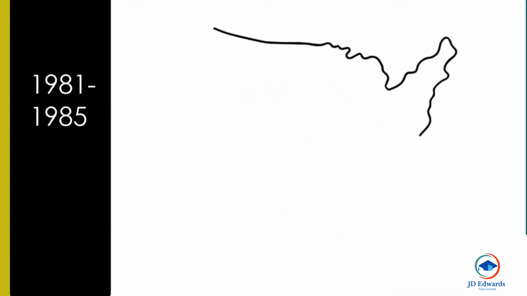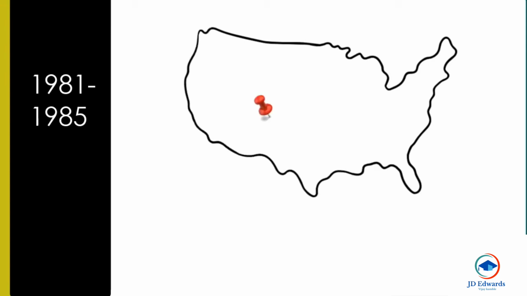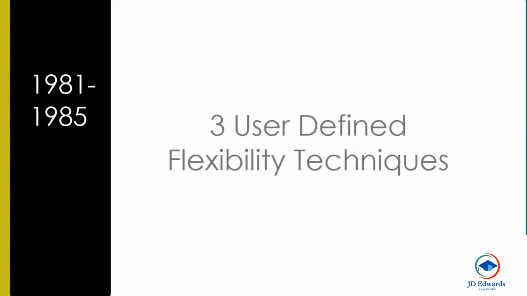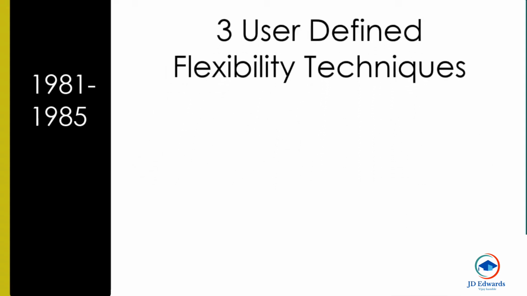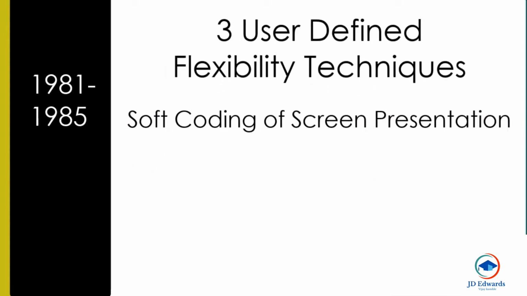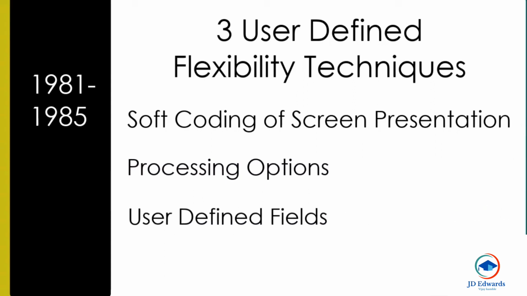Between 1981 and 1985, JD Edwards opened 6 regional sales and service offices, and they focused on extensive development of the System 38 solution. 3 important user-defined flexibility techniques were engineered into the solution, including the soft coding of screen presentation, introducing processing options which allow for software behavior flexibility, and user-defined fields which allow companies extensive opportunity to categorize